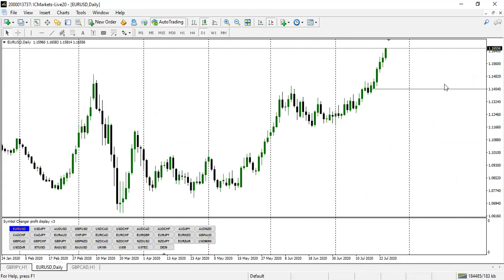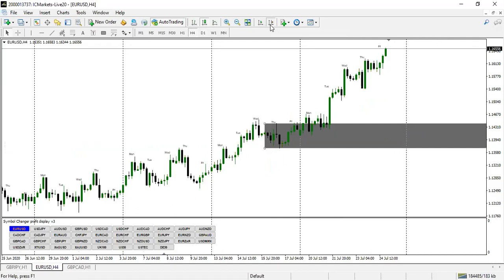So we will need at least price to also push down before we look for a buy, just like what I marked in the weekly time frame. So we can as well see where markets can likely buy from this area. That shows that we need price to really come back to this area. Then on the 4 hour time frame, the best buying zone of this pair might likely be this area here. So that shows we need price to come back to this area.